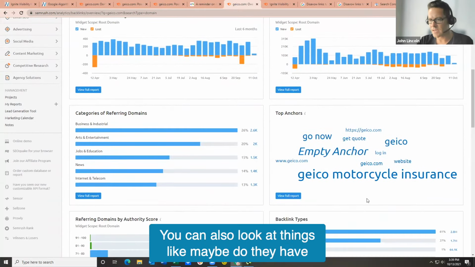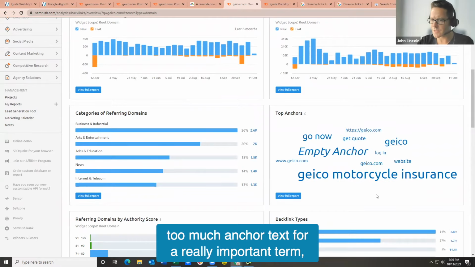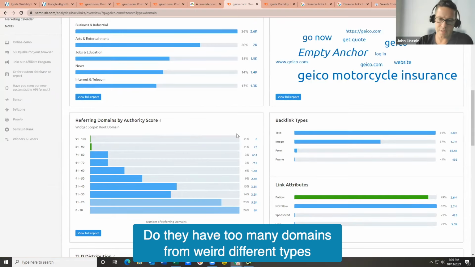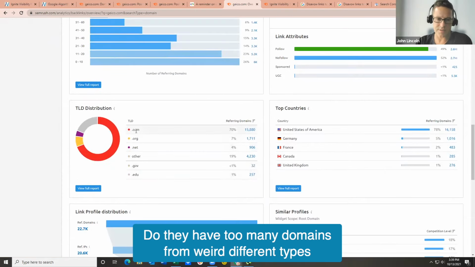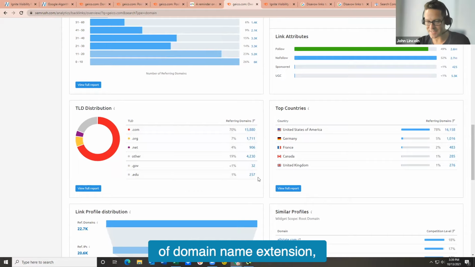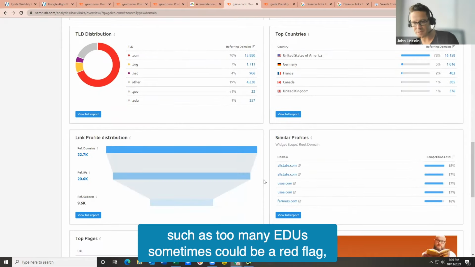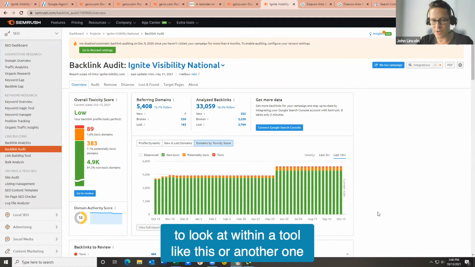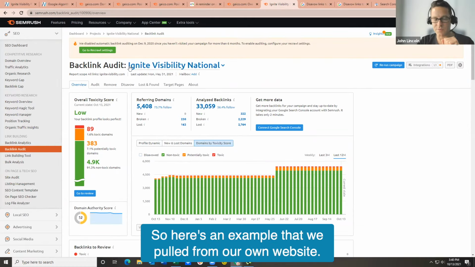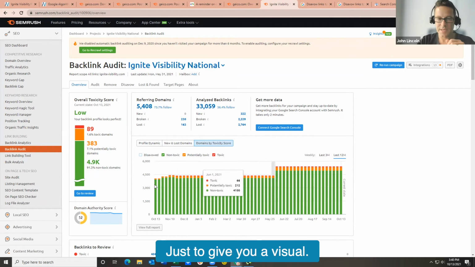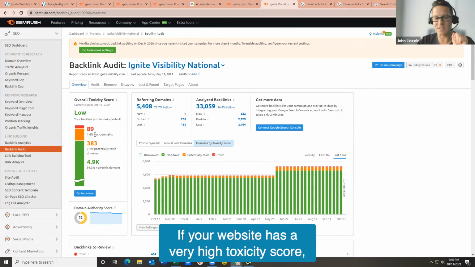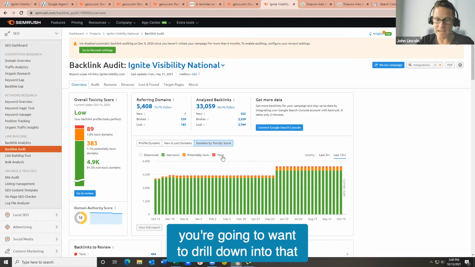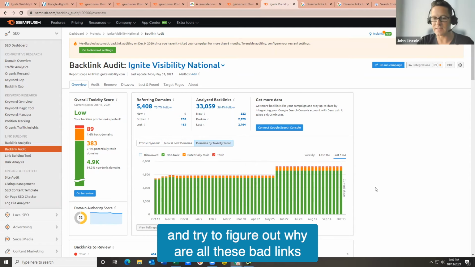You can also look at things like, maybe do they have too much anchor text for a really important term like motorcycle insurance, which could get you a penalty? Do they have too many domains from weird different types of domain name extensions, such as too many EDUs, which sometimes could be a red flag, etc. But one of the most important things to look at within a tool like this or another one is your toxicity score. So here's an example that we pulled from our own website just to give you a visual. If your website has a very high toxicity score, over 5%, 10%, you're going to want to drill down into that and try to figure out why all these bad links are coming in,